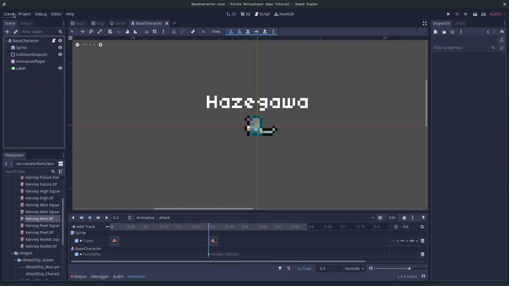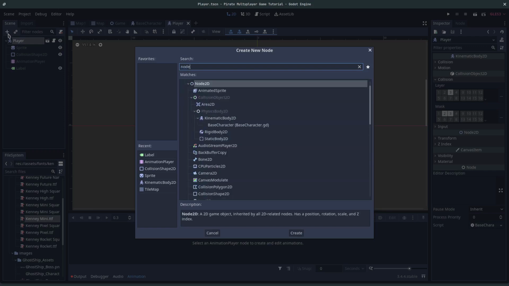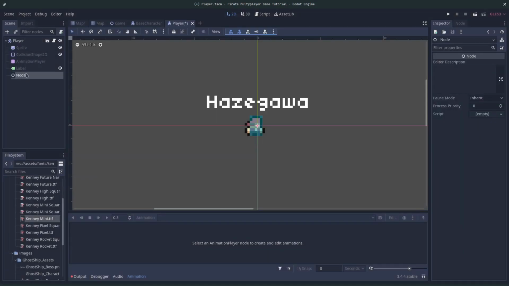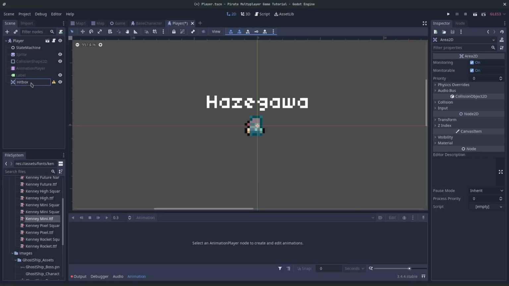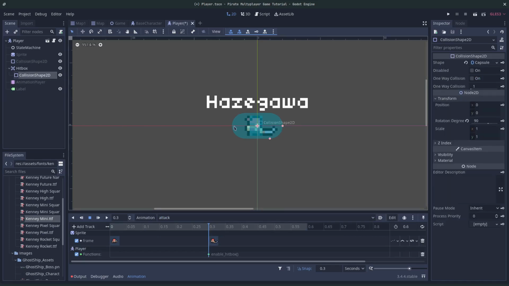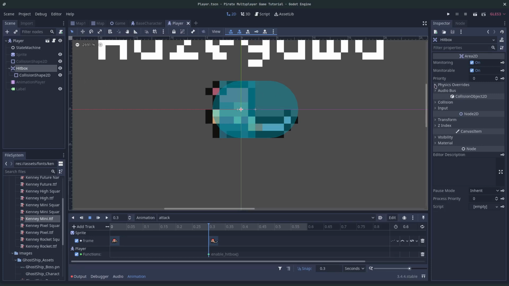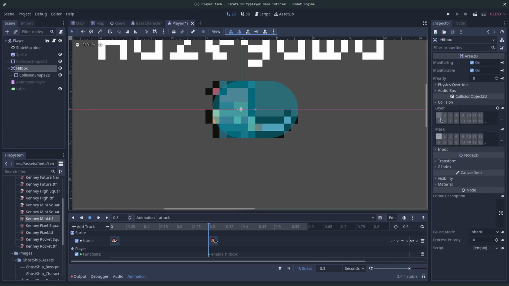Now let's create the player scene. Create a new inherited scene from the base character, name it player, and save it. Let's add some new nodes. Add a node called state machine. We will attach the script later. Add an area 2D node called hitbox with the collision shape 2D child. The shape of the collision shape should be at the right of the player, as far as the sword reaches. The collision layer of the area must be empty, because nothing shall collide with it, and the collision mask shall be player, since we want the hitbox to collide with other players.